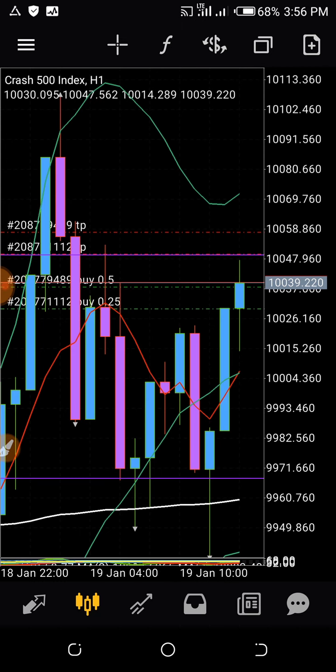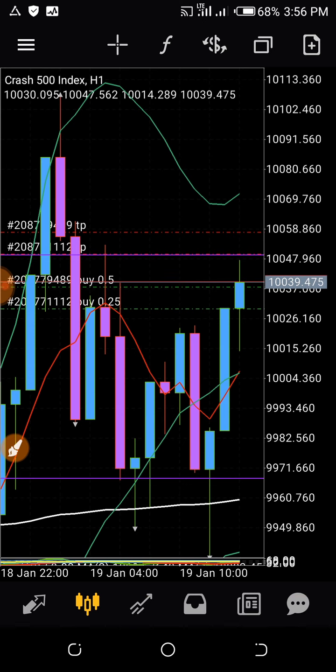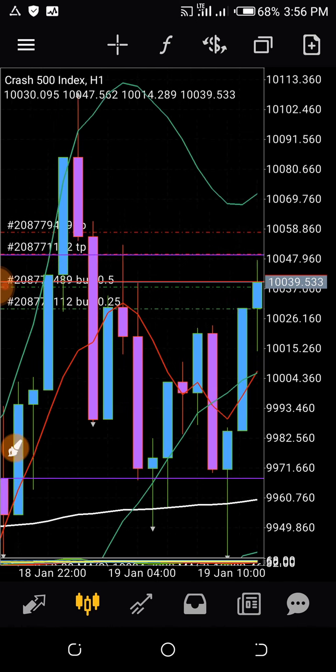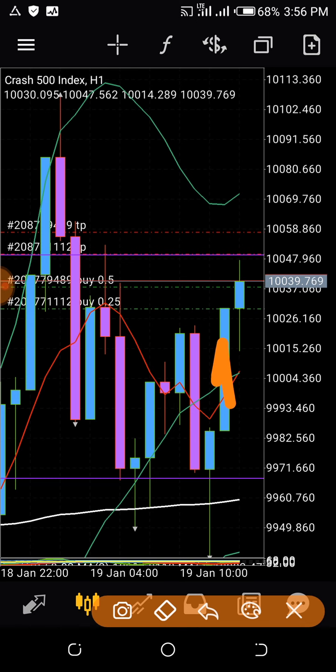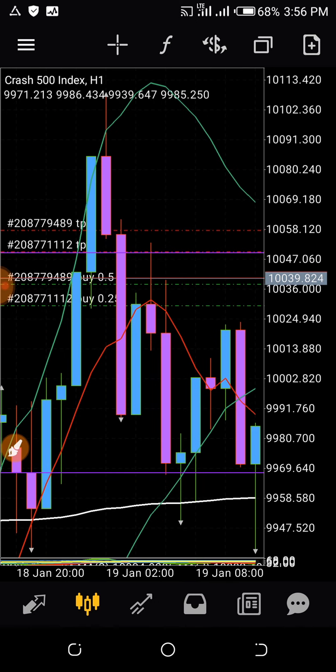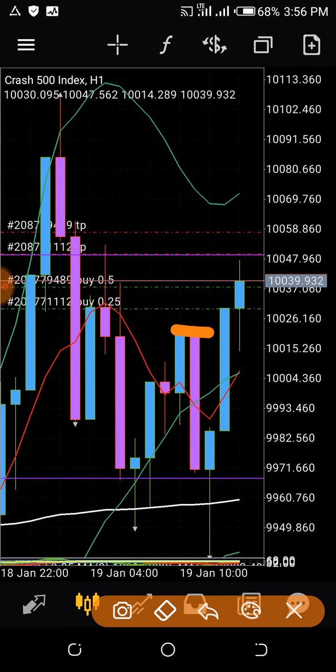Let's quickly go back to 1 hour. For those that understand candlesticks, this is a bullish hammer forming on my 200 moving average. My 200 moving average tells me the trend, and when my candles are on top of my 200 moving average, it's telling me the market is supposed to still go upward. After that we found another bullish engulfing candle, which is this, and you see that it totally broke the neckline of that candle.